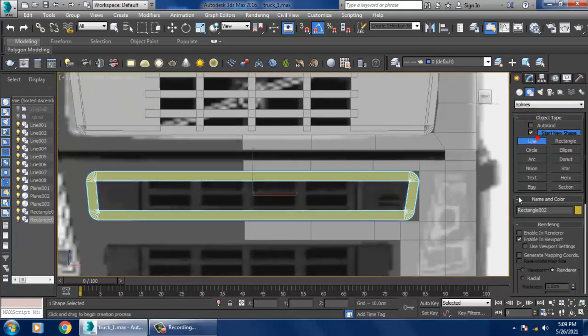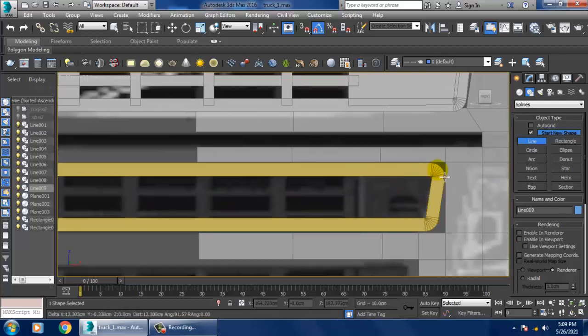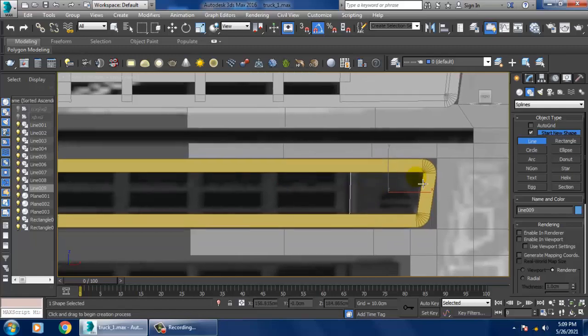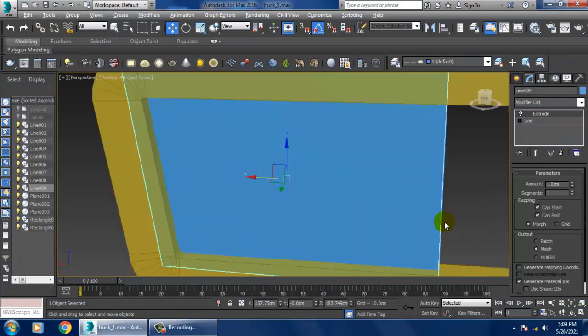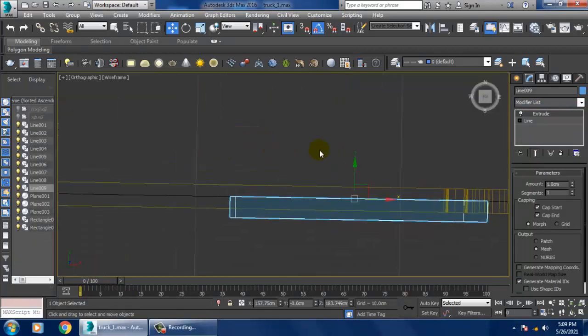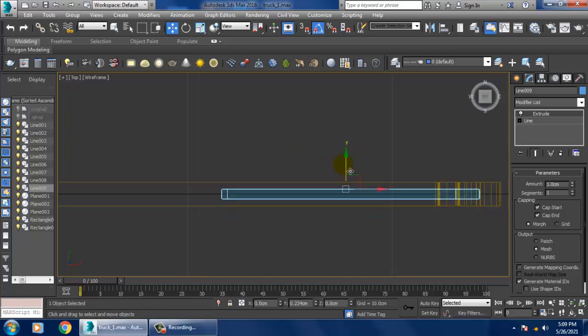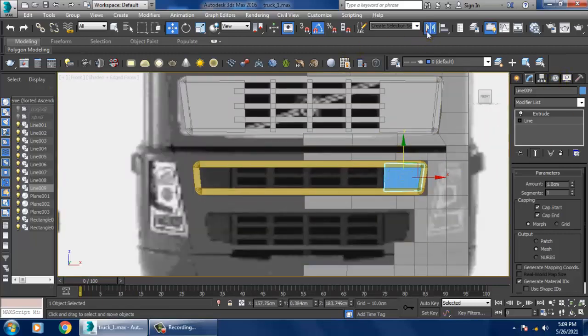Again take a line and select this, close the shape, and let's give a modifier called extrude modifier, and let's slightly just scale this, scale it more, and let's mirror it again in the x-axis over here.